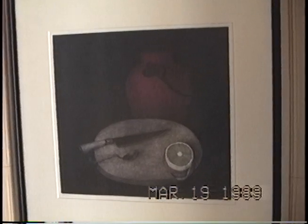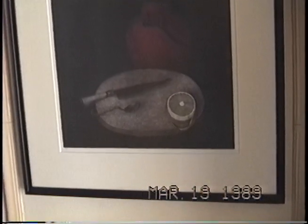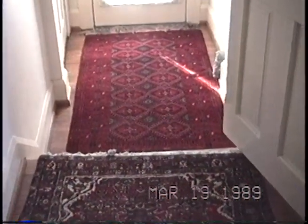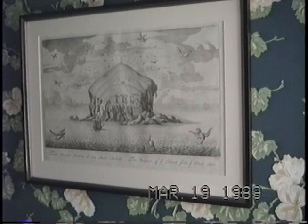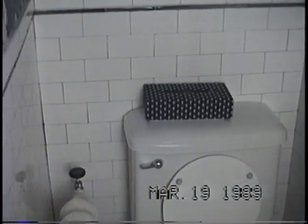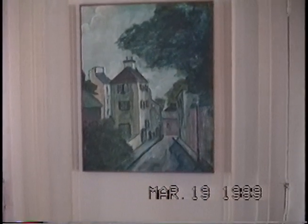Old antique chair. What is this called? It's a Japanese print. This is an original print. Here are a couple more Oriental rugs in the hall. In the bathroom, this is another original print. Original oil painting by